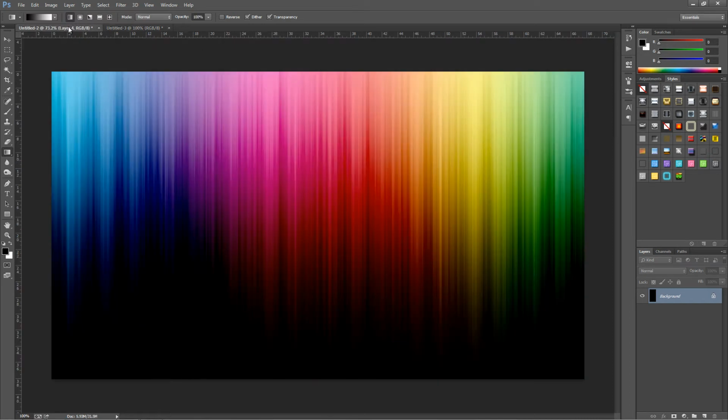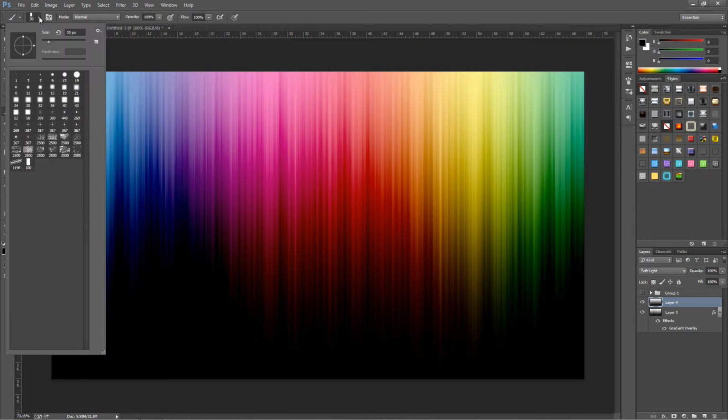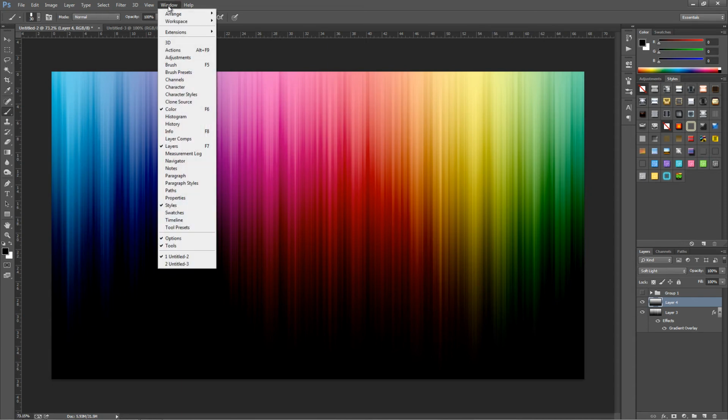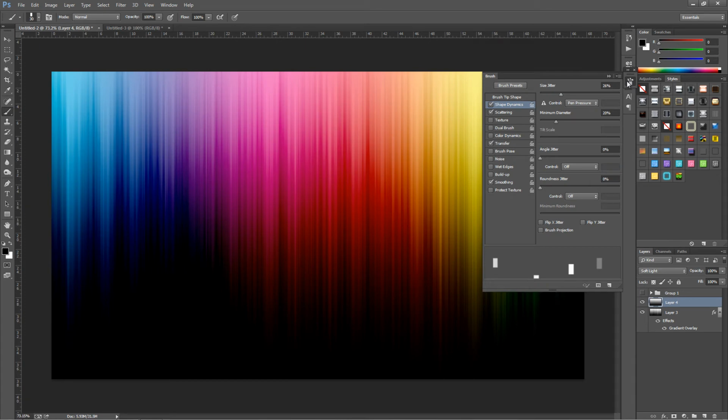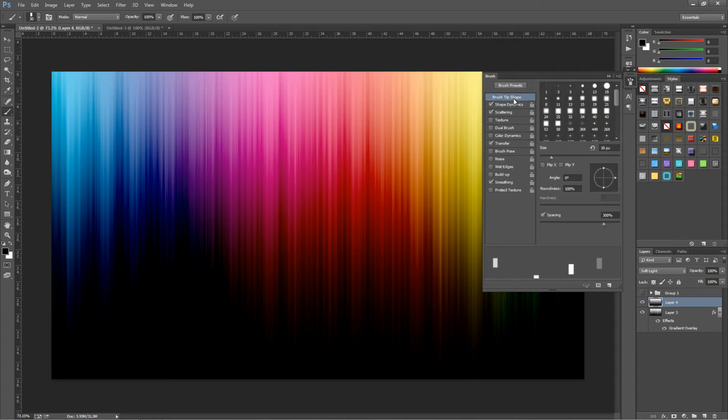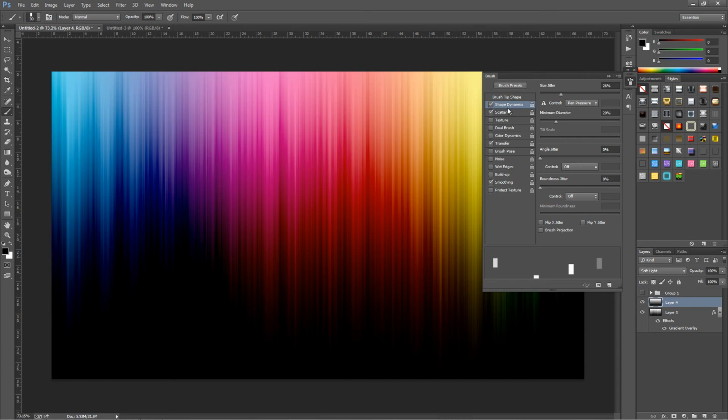We're going to go back to our main image. We're going to go over to our brush, go up to the top, select our brush. We're going to go down to Window. We're going to go over to Brush, and you should have this pop up, and we're going to go to brush tip shape. We're going to change the spacing to 300%. We're going to go down to shape dynamics, and you can pause the video at any time every time I'm going through each setting, so you can see all of these because these are already put in.